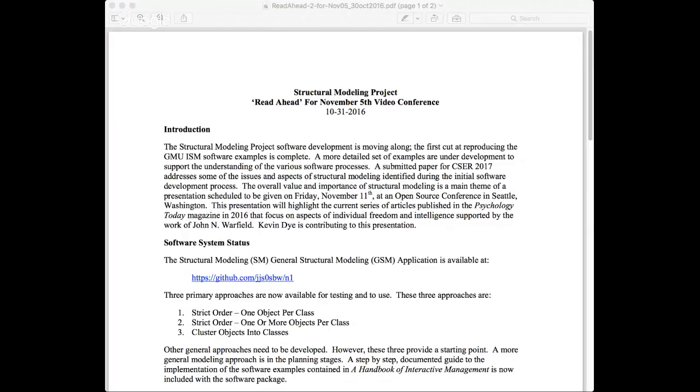I got a version way back when Warfield and Aleko were at George Mason, and then recently got a version because of work I'm doing in Europe with the Sea Change project, which is a European Horizon 2020 project, and Christine Donegan at the National University of Ireland in Galway is working with, I don't know his name, Professor Bloom. Oh, yes, right. Anyway, they have an ISM version, and so I got a copy of ISM from them because we did a workshop with them last year.